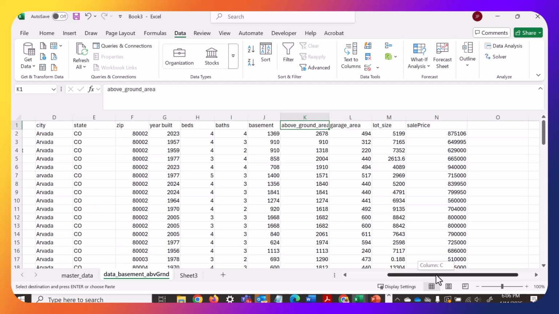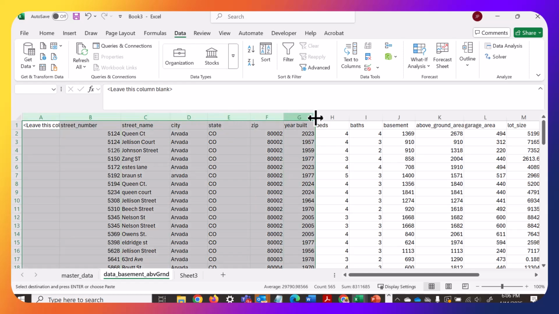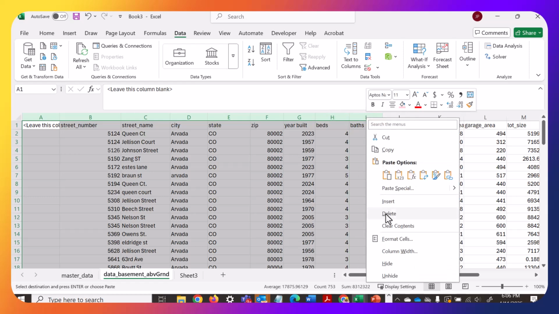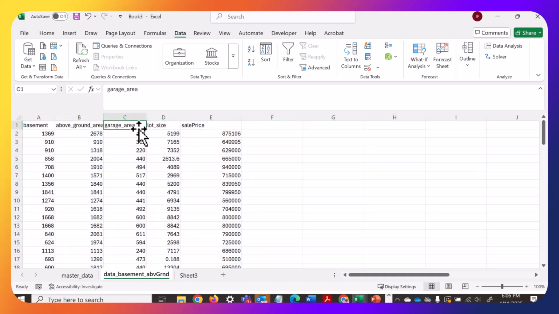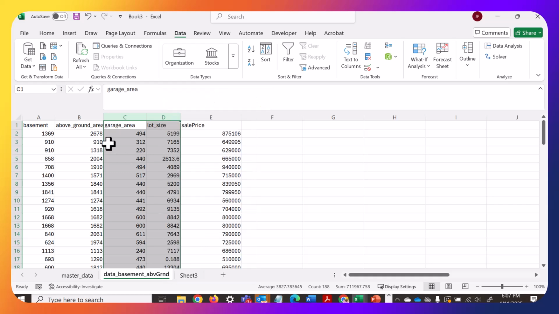And since I'm looking at very specific variables, I like to just delete any data when I'm working in Excel that I am not going to be considering. So I'm going to delete all this data. I'm going to get rid of garage area. I'm going to get rid of lot size. And one of the reasons that I do this, I wanted to point out really quickly, when you are doing regressions in